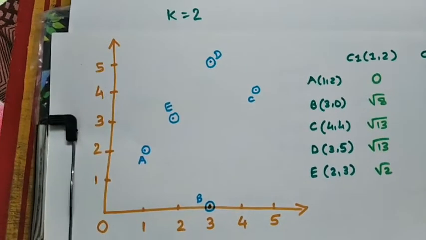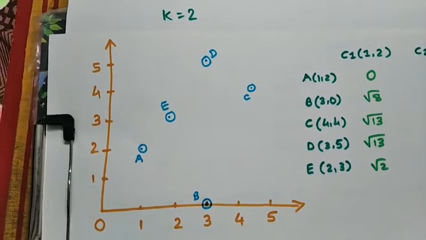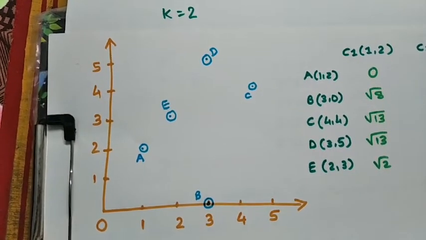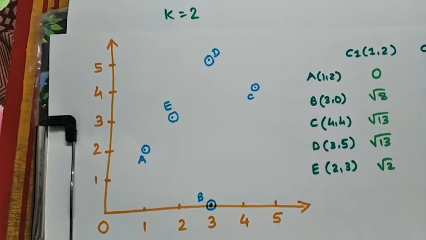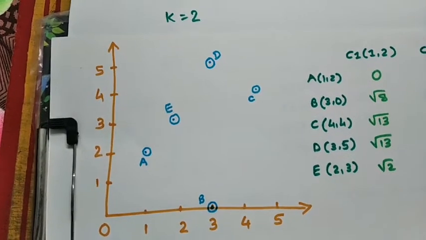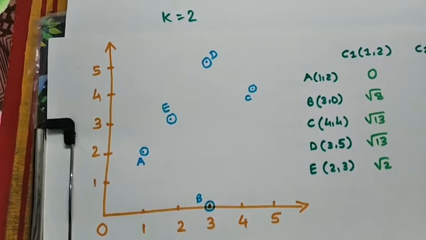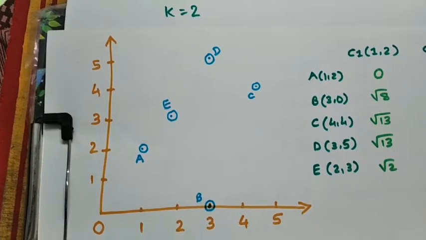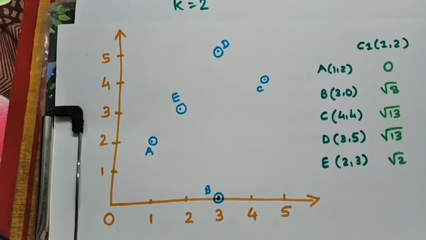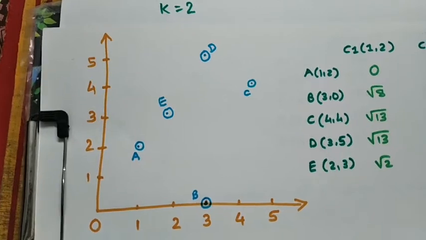Okay, so as per the principle of the K-means algorithm, first of all we will have to assume any two objects randomly, arbitrarily, which will act as the cluster representatives. Since we want to generate two clusters, ultimately we will randomly pick up any two objects from these 5 objects which will be considered as the cluster representatives. Now, since the choice is arbitrary, you can pick up any pair of objects.